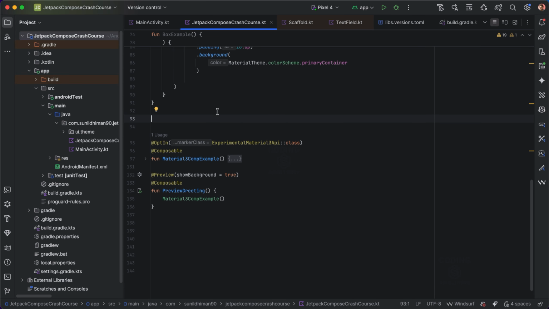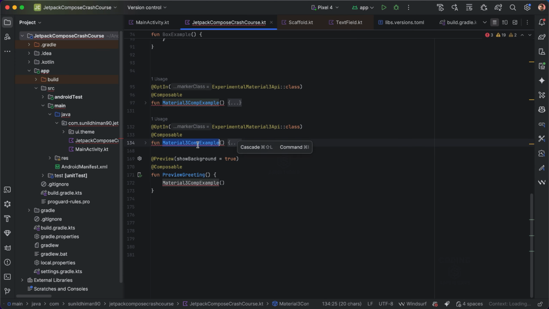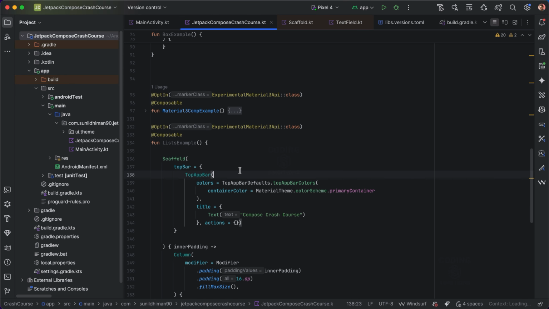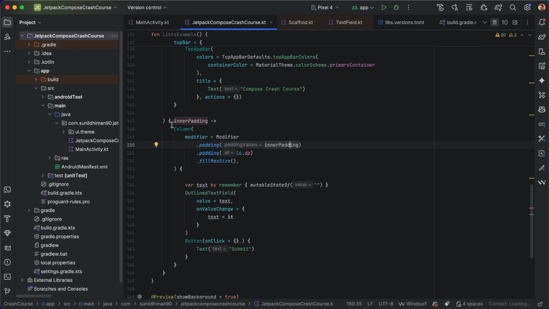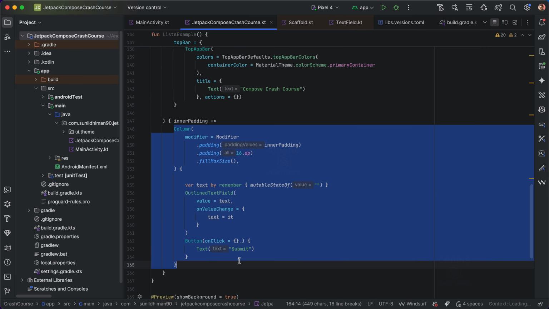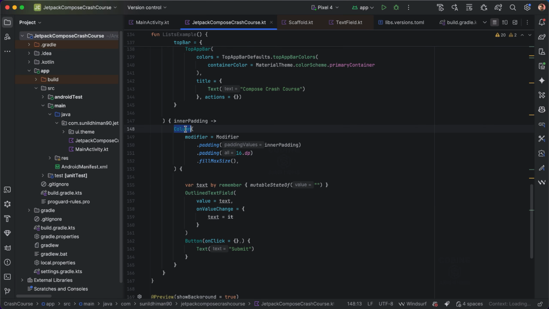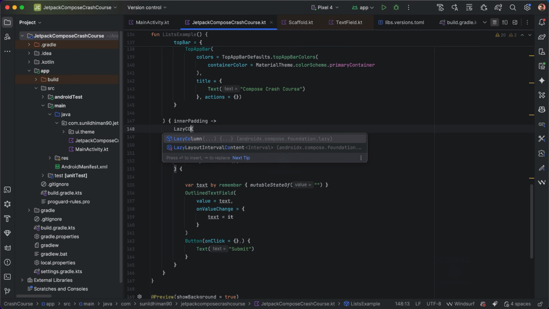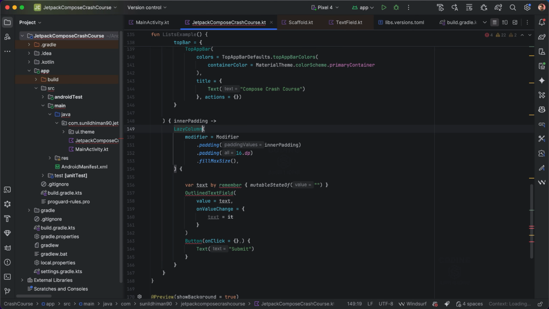So inside the lists we can have, so we can use the lazy column there for the lists. Okay, so inside of this, instead of this column, or even along with this column I can show you, so lazy column can be there. So why lazy column basically, so we can use column as well, vertically alignment, but lazy column is great for lists,